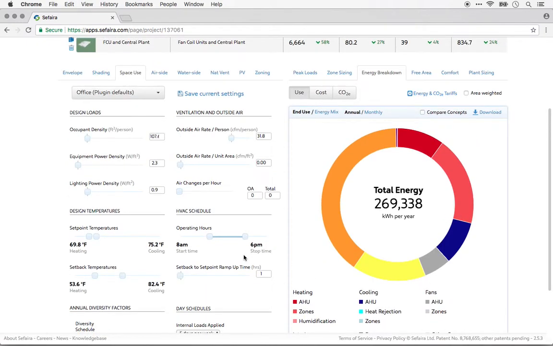Now, Sefaira comes pre-populated with a large number of default templates. But one of the really powerful features of Sefaira is the ability to save your own templates. For example, if I wanted to take a look at an office space that was targeting very low equipment power and lighting power, I could adjust these values,